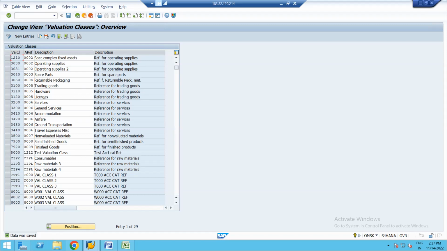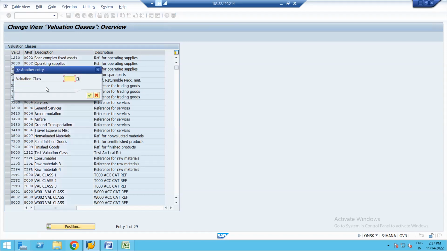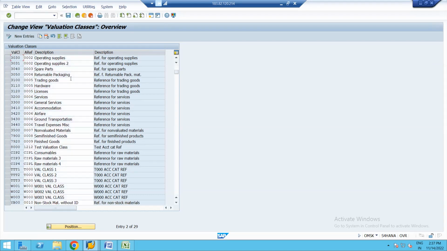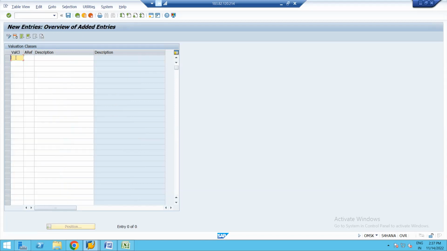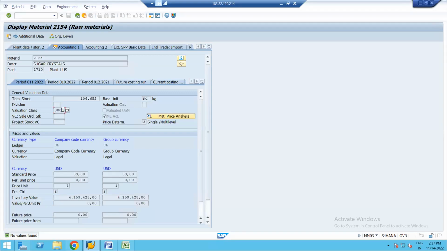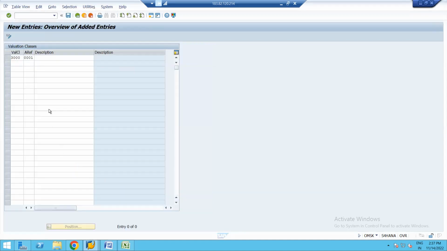Yeah. Right? Because let me just try to find out my entry for 3000. No, it is not there. It is not there. So let's do one thing. 3000 account PD reference 0001, and this is the reason that system was not showing me anything. Can you see this? It says no value is found. So that means, so let us give the description as raw material